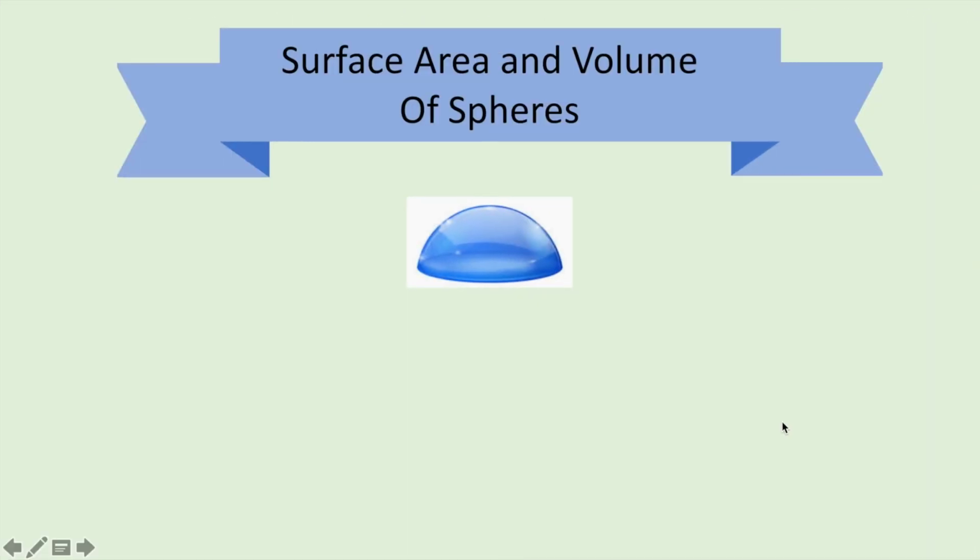Last thing I want to talk about for this is just that this is called a hemisphere. You want to find the volume of a hemisphere. You're going to find the volume of a whole sphere and just divide it by 2. If you want to find the surface area of a hemisphere, it gets a little more difficult depending on whether it's solid or hollow. Okay, so we're not going to do those problems, but I hope you found this video